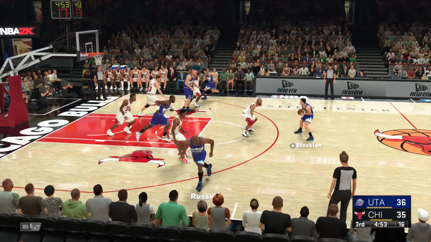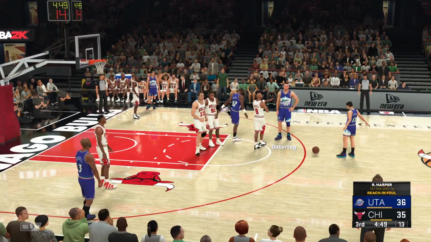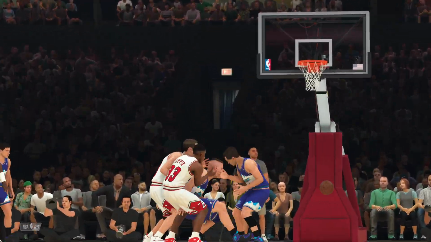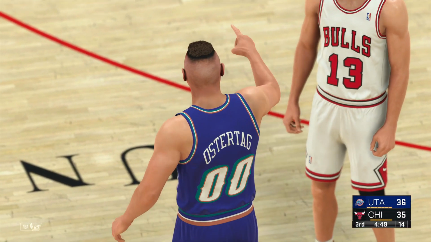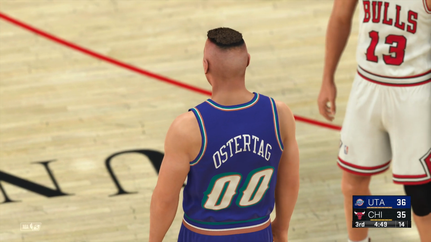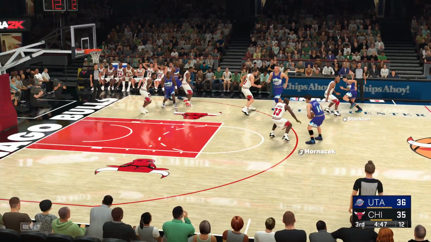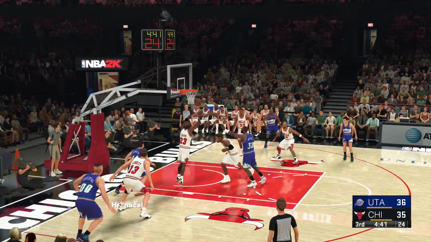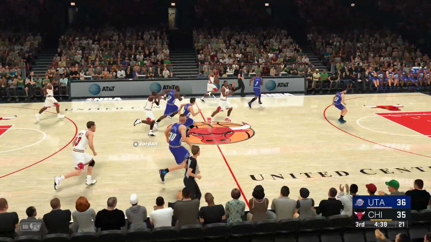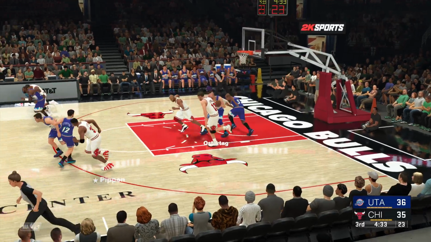And here's Stockton. 6 points for him. Russell passes to Stockton. Ostertag up top. Bulls foul. Ron Harper. Second team foul. Let's take a second look at that fantastic block. And this is why coaches stress the importance of defense. Big block there in this close game. Hornacek outside. Locked down D. When Jordan really gets after it, his athleticism can be overwhelming. Inside, it's deflected and stolen by Russell.